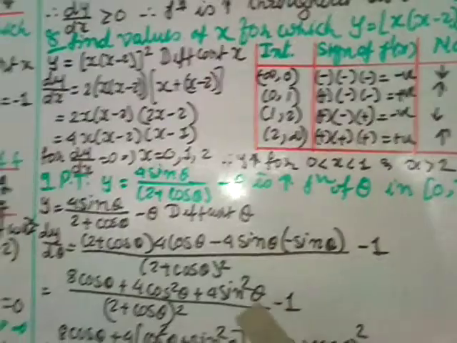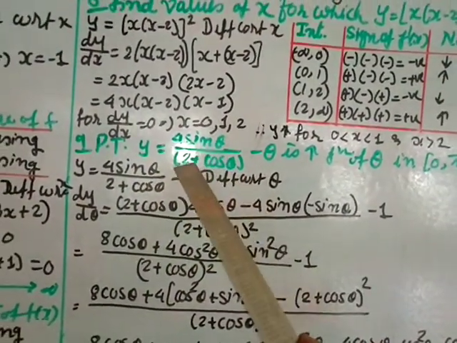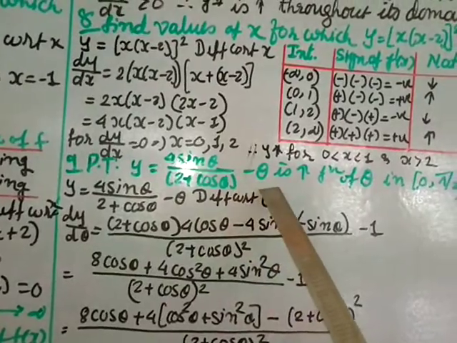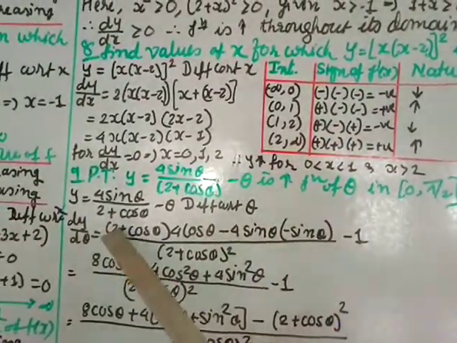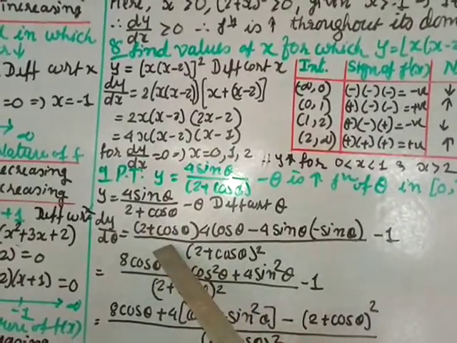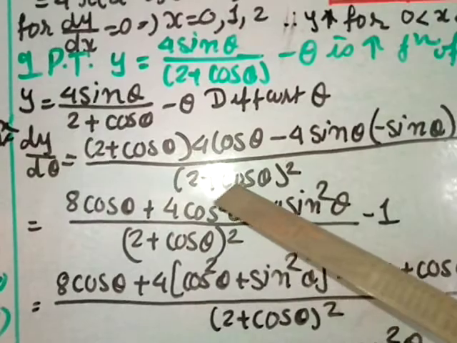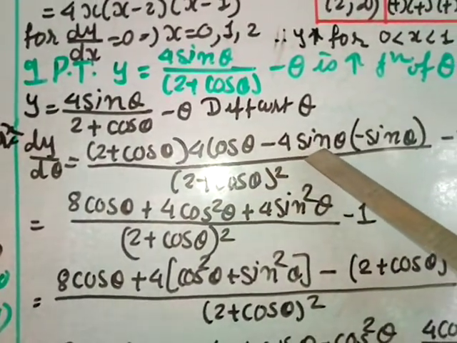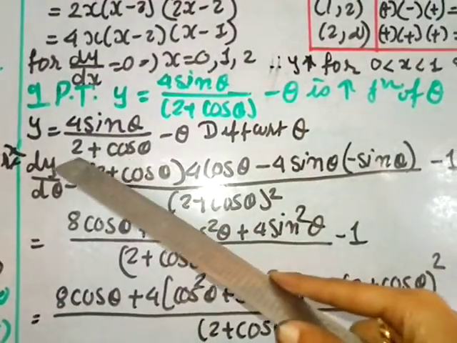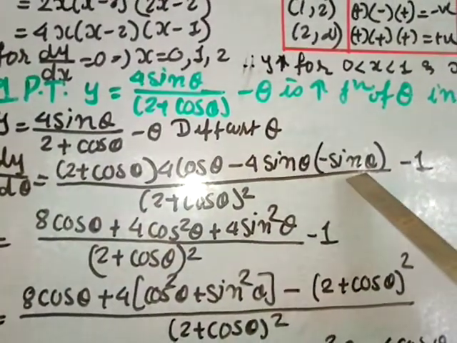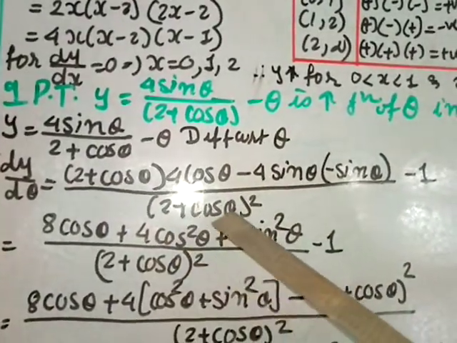Question number 9. Prove that y is equal to 4 sin theta divided by 2 plus cos theta, minus theta, is an increasing function of theta in 0 to pi by 2. Differentiate, so u by v: I keep the denominator as it is and differentiate the first numerator, that is 4 cos theta, minus the numerator 4 sin theta as it is, times the derivative of 2 plus cos theta. 2 will be 0 and cos is minus sin, minus, and theta will be 1,